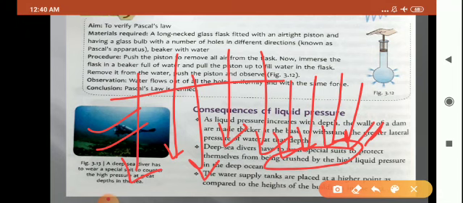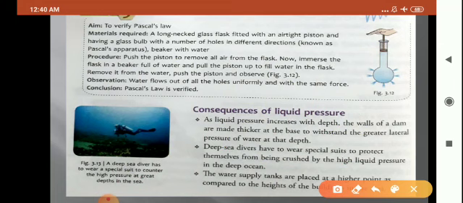और pressure बढ़ेगा तो there may be a condition their body may burst also. Okay, so that is the reason इतना ज़्यादा pressure होता है that you go deep inside. If you go more deep inside the sea or any water, the pressure exerted by the liquid will be more, and that is the reason the sea divers, they wear special suits so that it can protect themselves from being crushed by a high liquid pressure. Okay, so a reason, because as you go deep inside the liquid, the pressure exerted by the liquid increases.